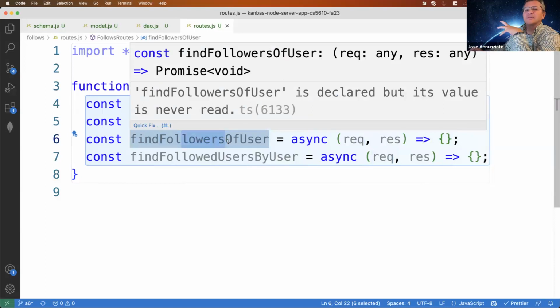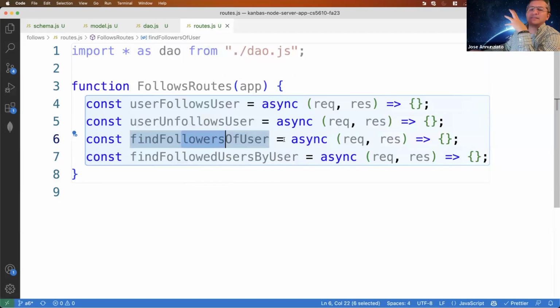Here, find followers of user, and this will always be from the point of view of what? Well, if it's me as an account, then it'll be from the point of view of myself. But what if I'm navigating to someone else's account? I'll provide the ID of that person, so I'll need to provide the parameter.